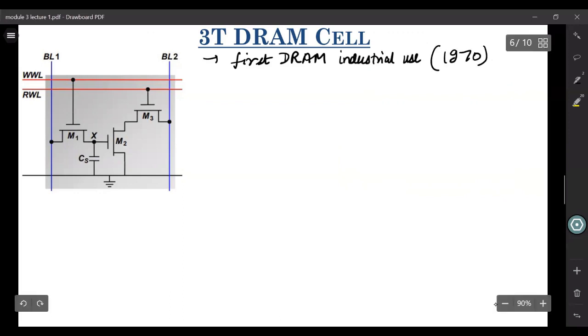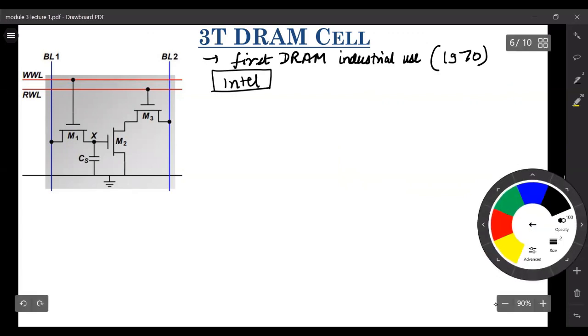Intel came up with this first DRAM, which was a 3T DRAM based cell. Now, if you look at it closely,